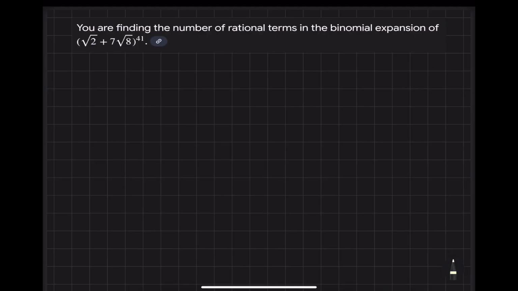So we got this situation. You have to find out the number of rational terms in the binomial expansion of (√2 + 7^(1/2)... ) that is, (√2 + 7 times √8) to the power 41. Now, we are interested in finding the number of rational terms. So let's proceed. You know that we will follow the general method, the general term,